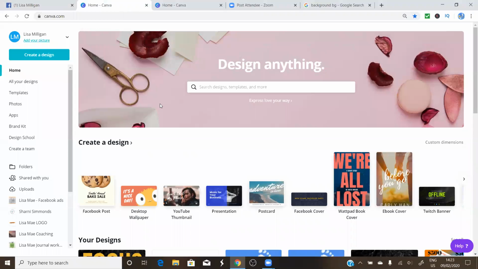This is mine. I actually have paid for Canva Pro, which works out to be about $9.95 per month for a year. You don't have to do that. You don't have to pay for a version. You can have a free one, and that will do almost as much as what the Pro one will do. The only difference is that if you pay those few bucks a month, you just get more images,